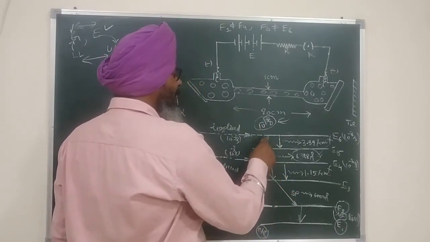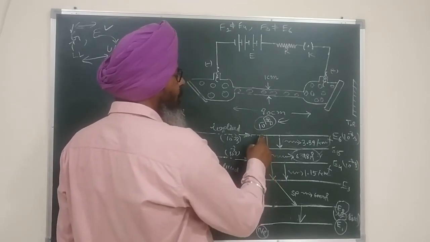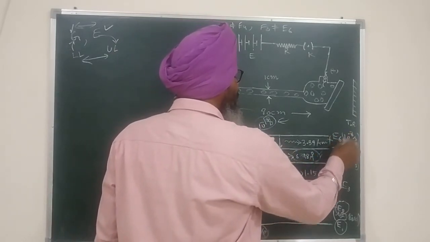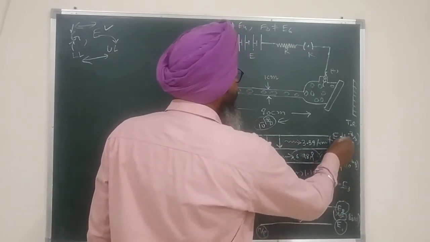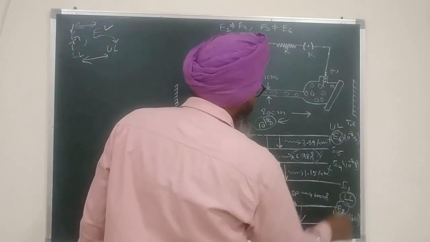We are only allowing the resonance or the standing wave formation to happen between the wavelengths due to transition from E6 to E3, that is 6328 angstrom. It means E6 and E3 are my lasing levels. So E6 is my upper lasing level and E3 is my lower lasing level.